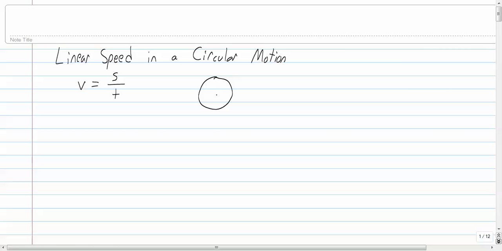Alright, so we can define linear speed in a circular motion with the formula V equals S divided by T. So V is linear speed. S, if we have something going in a circular motion, like